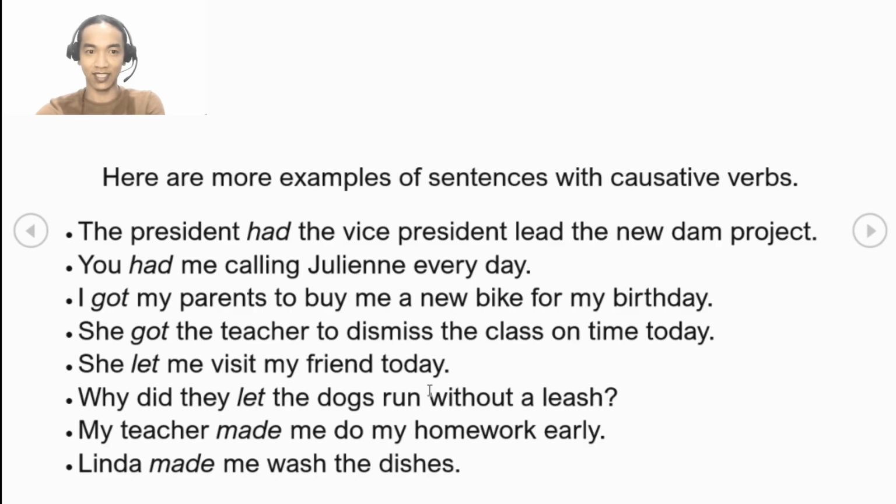So these are just the example sentences that we have for your causative verbs. All right? So I hope you find our lesson today very helpful. As I always say, the secret in making your communication skills in English better is constant practice. So I want you to please keep on practicing all the lessons that we've had in the past and even this present lesson. I know that you can do it really well and you'll improve yourself eventually. So just keep believing in yourself,